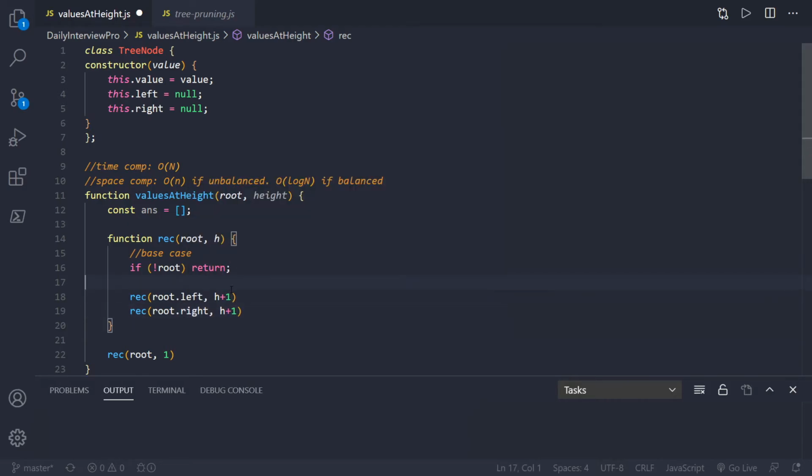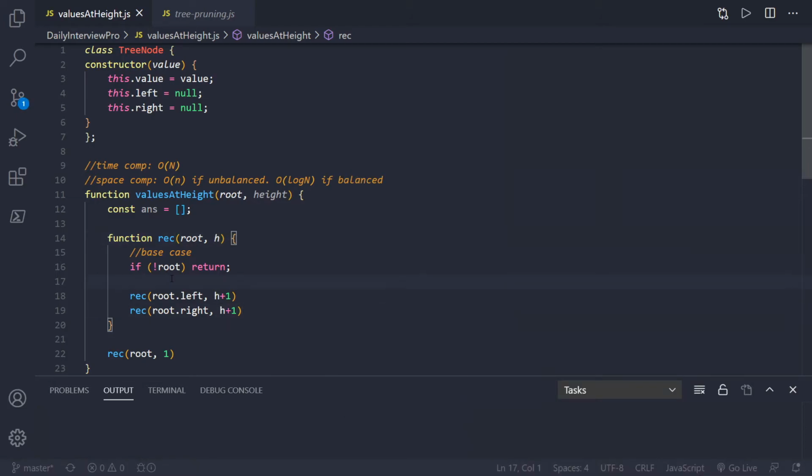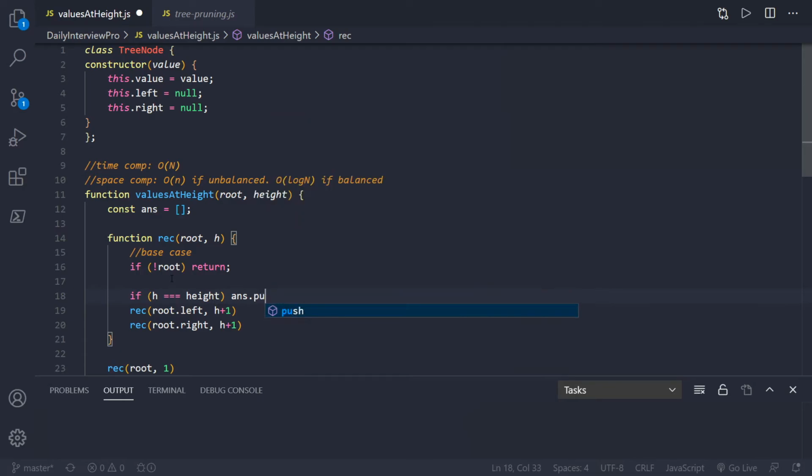So we'll go left and right and increase h. The first time we put in root, we're going to put this node in, so h will be 1 and root will be 1. Then we get left and right, and we recurse through here, and we'll get 2 and 3, and those will have h 2. So actually what we want to check is up here: if h is equal to height, then we want to say answer.push, so we want to add